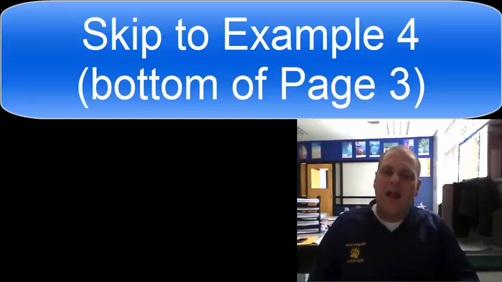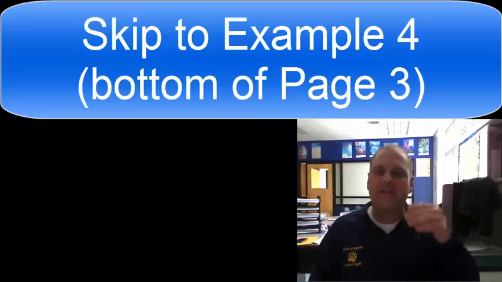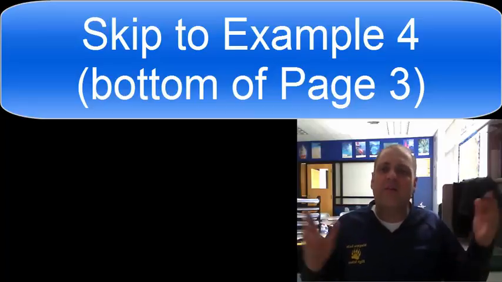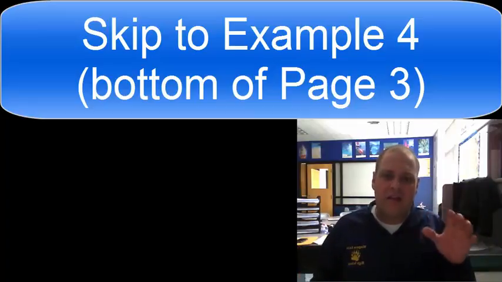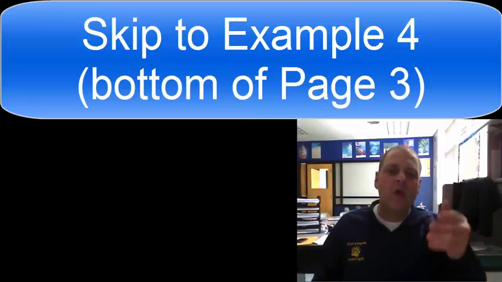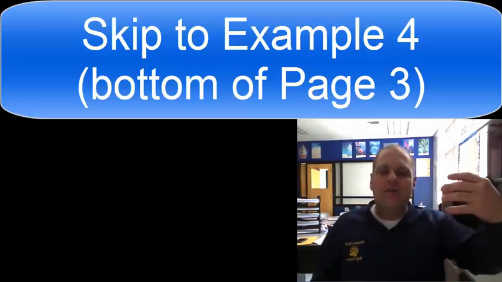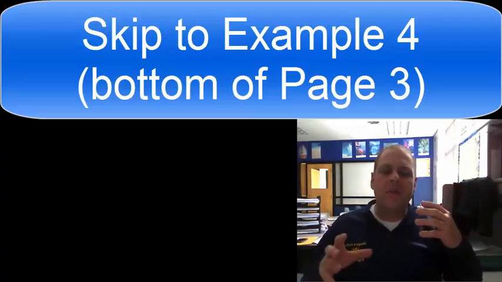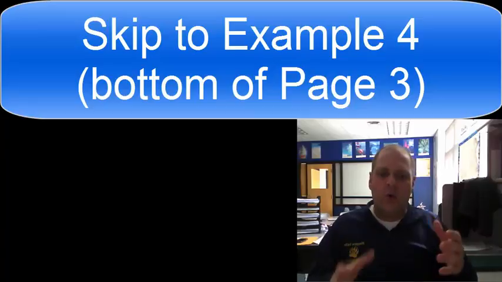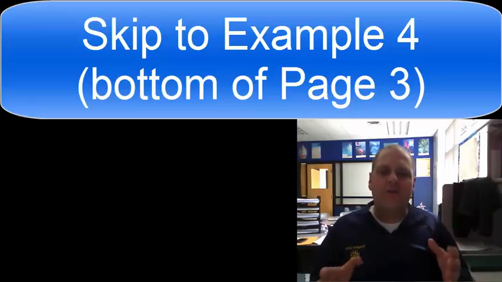Okay, so in this class, we don't really calculate the standard deviation just because it's time consuming. It could take you 10, 15 minutes, depending how big the data set is. The bigger the data set, the longer it would take you to calculate that standard deviation, the average of the spread of the data. So what we want to do here is just use this video to be able to estimate and talk about a distribution